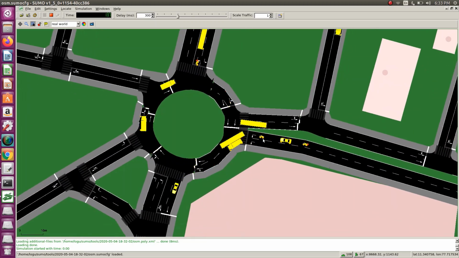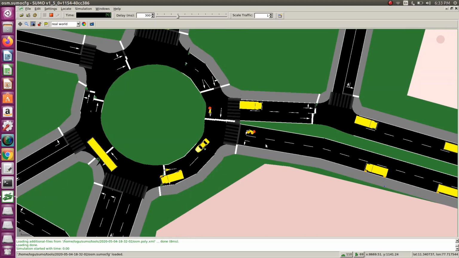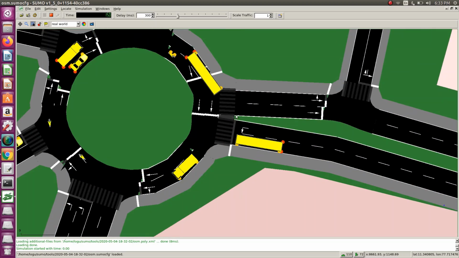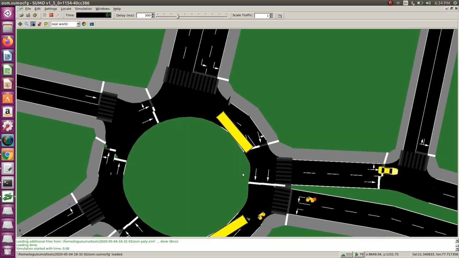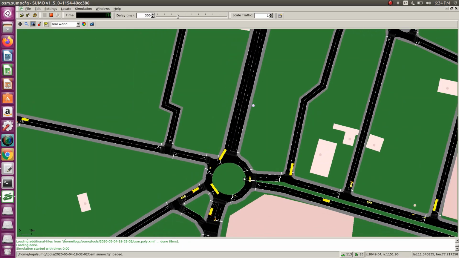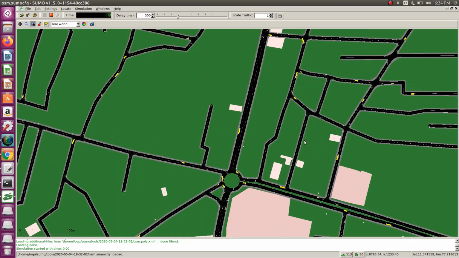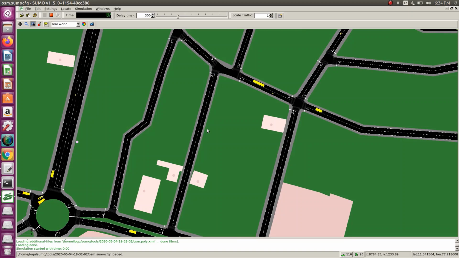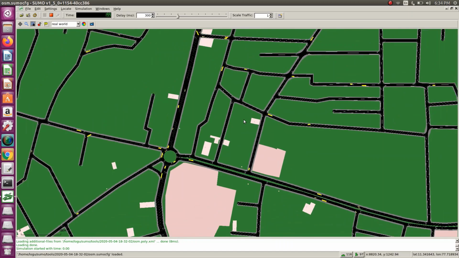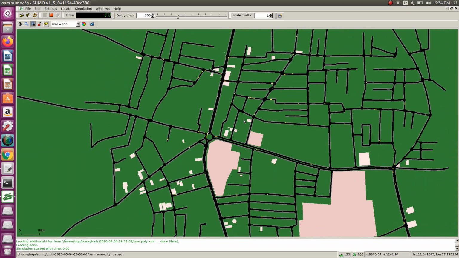Okay, so like that you can see different vehicles movement in the real-time map. Okay, so just close the window.